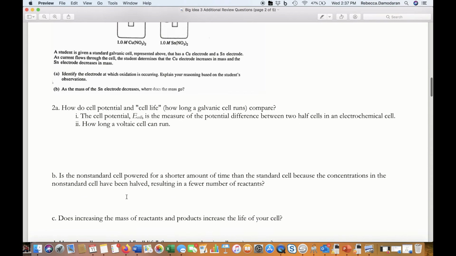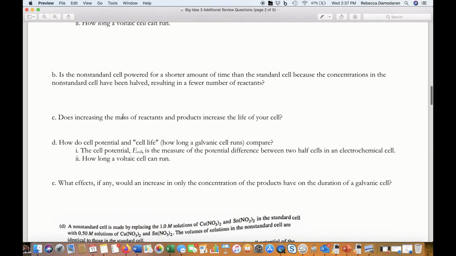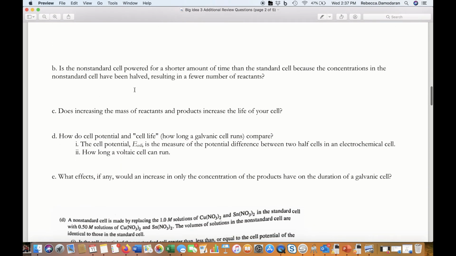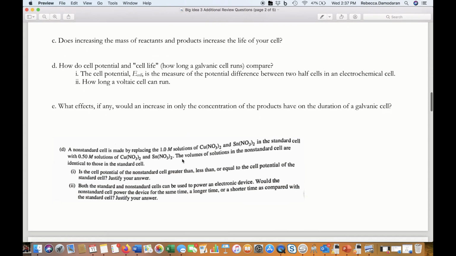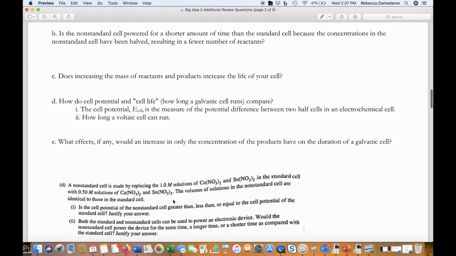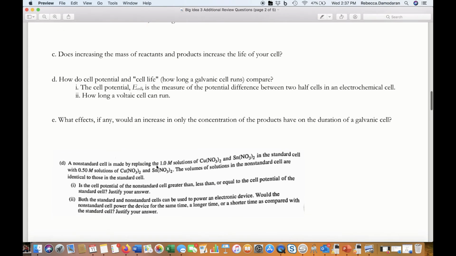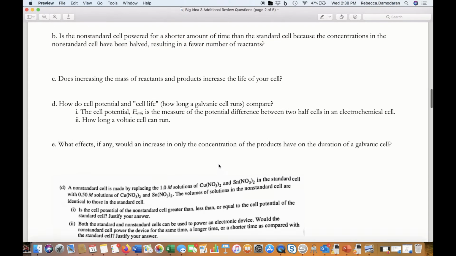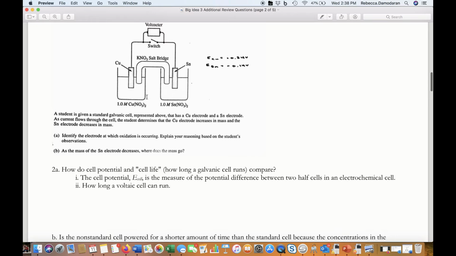That gets into the question that was asked. Is this non-standard cell powered for a shorter amount of time than the standard cell because the concentrations have been halved? This has to do with this question right here, part D. It says a non-standard cell is made by replacing the 1 molar with 0.5 molar. Keep in mind, I am reducing the concentration of both of these solutions from 1 to 0.5 in this question. So by reducing the concentration of both of those solutions, yes, I am shortening the cell life,